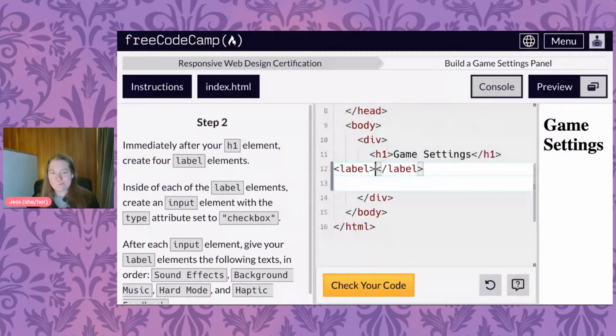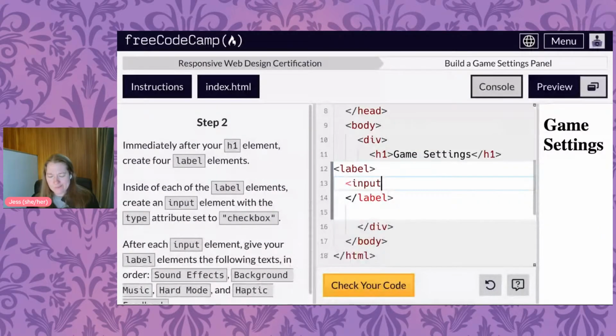Inside our label element, I'm going to create an input element. And the input element is self-closing, yeah? And the type, oh, check it out. By default, it wants our type to be text. But